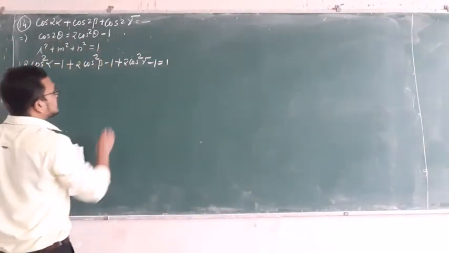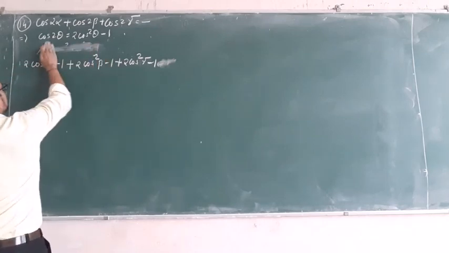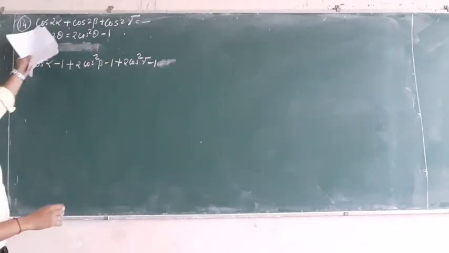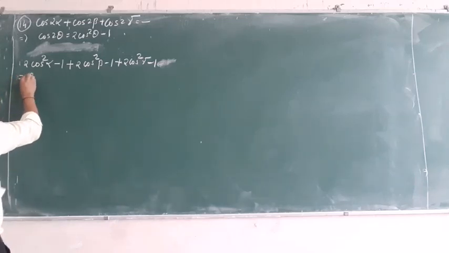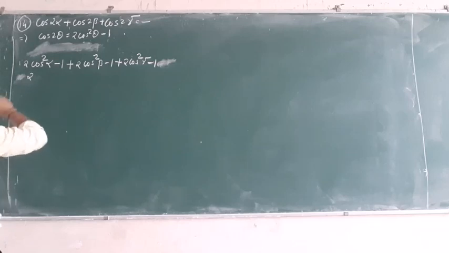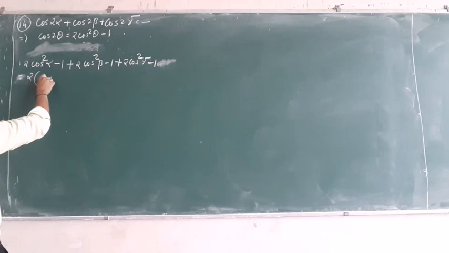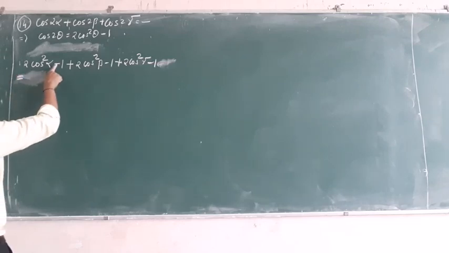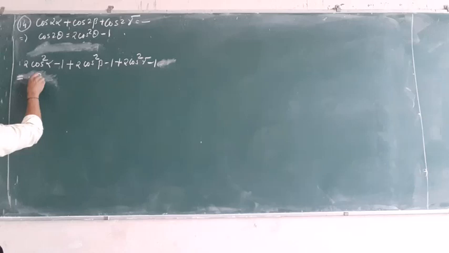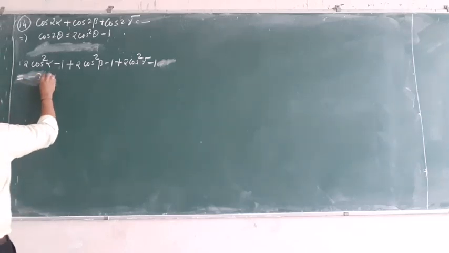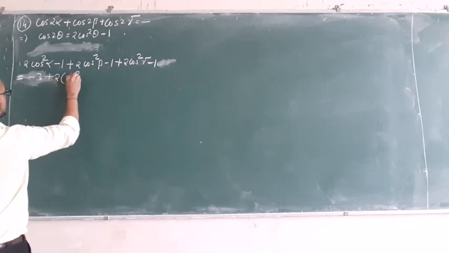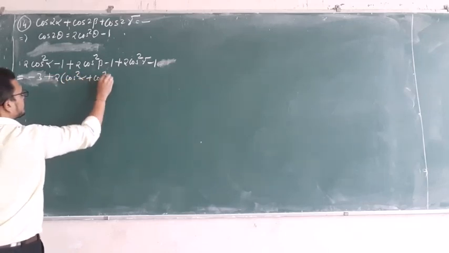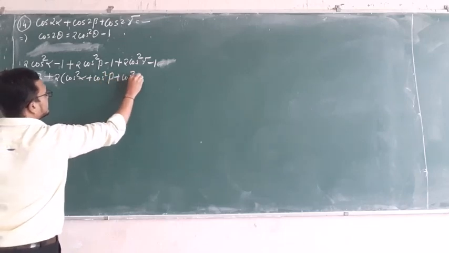Okay, fine. I think we should not use this condition. We are just finding the value of the given expression. Then which is equals to what now? 2 will be common. Then left with what? Wait a minute, here minus 1, minus 1, minus 1. It is how much? Minus 3. Plus 2 cos square alpha, 2 cos square beta, 2 cos square gamma. 2 is common, so left with cos square alpha plus cos square beta plus cos square gamma.